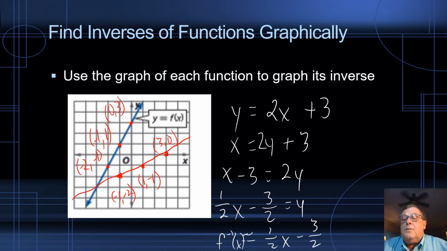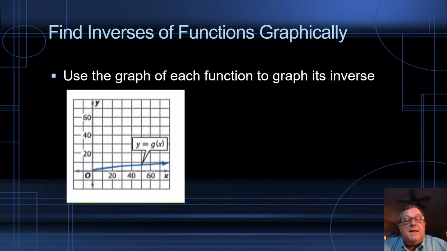All right, let's go look at another one real quick. In this example, when I'm looking at this function, it looks like a square root function. One of the things that compresses it, pushes it down towards the horizontal axis, is the scale in which this is drawn. If you look at it, every grid line is a 10, both on the x and the y axis. It goes out as far as 80 on the positive side of the x-axis, and up to 80 on the positive side of the y-axis. I don't see any values of the function that are negative, either negative x or negative y, which would fit it being a square root function,